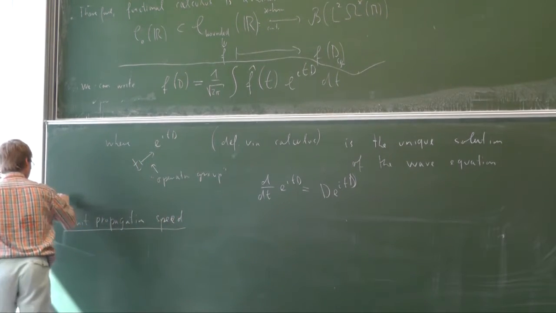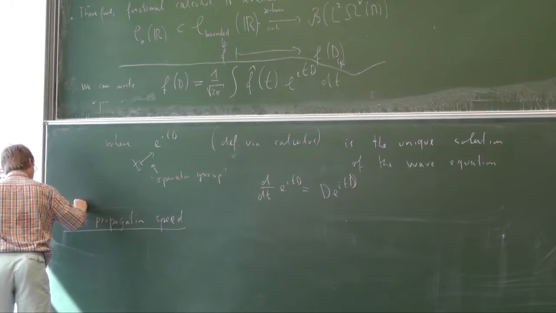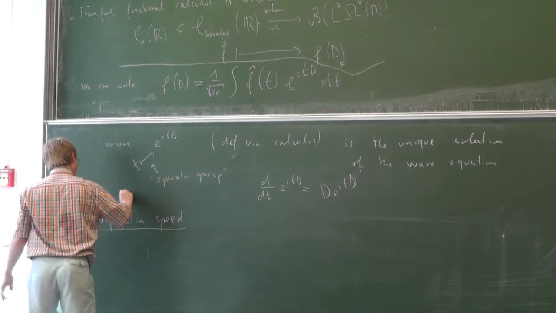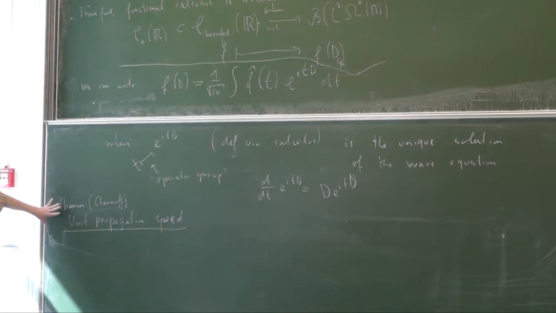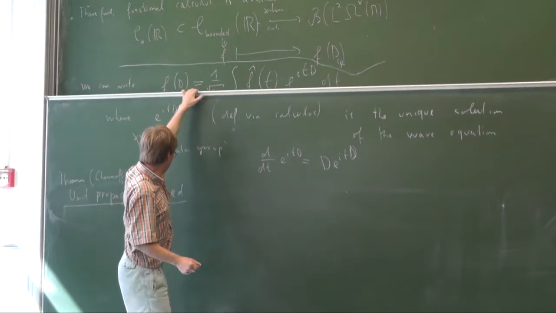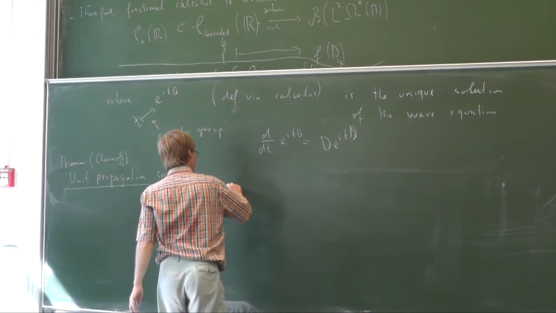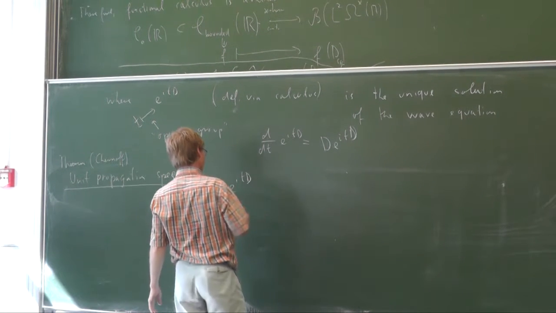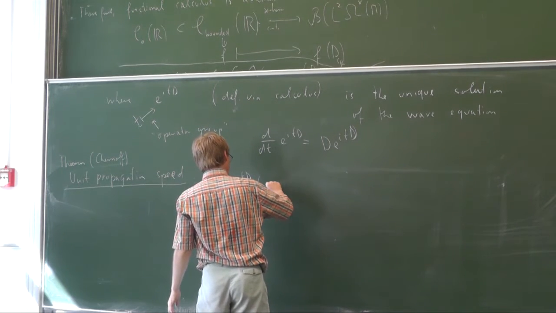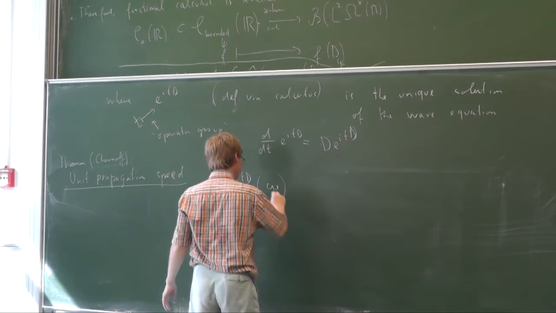That's another property, and it goes back to Chernoff. We're still in the case where M is a complete Riemannian manifold, all works in this generality, and it says that e to the itD, if you apply this to some omega,